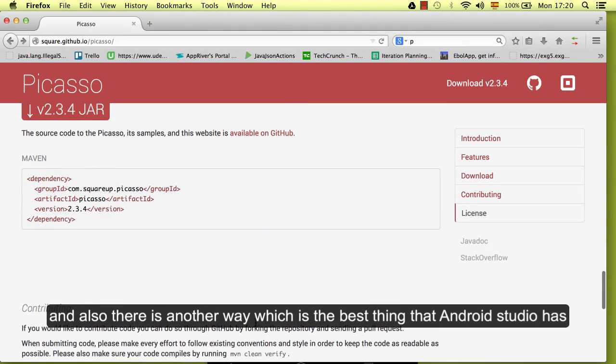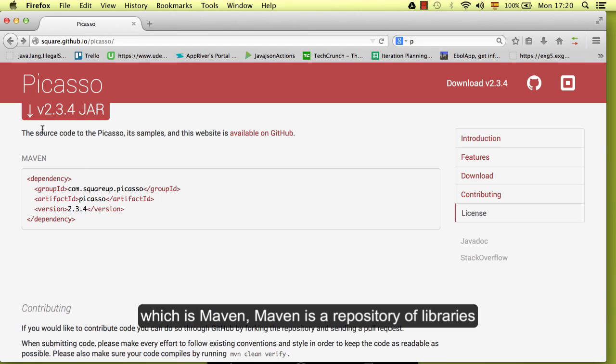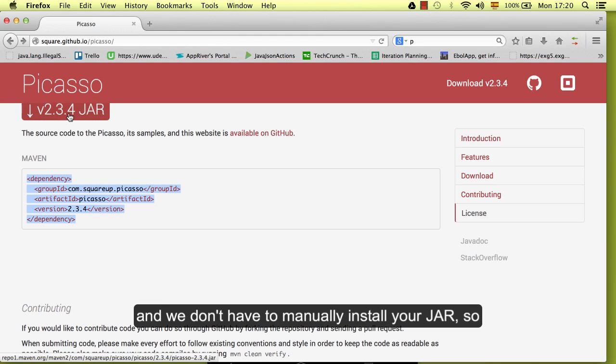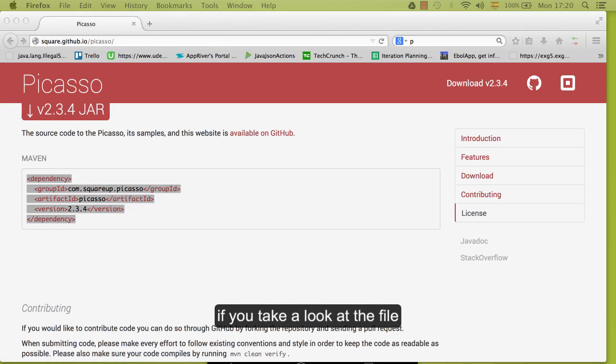And also there is another way, which is the best thing that Android Studio has, which is Maven. Maven is a repository of libraries, so this means that with these lines we are able to include the library in our project and we don't have to manually install the jar. So if you take a look at the file